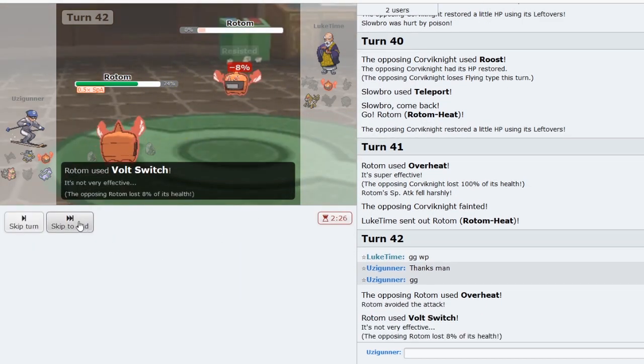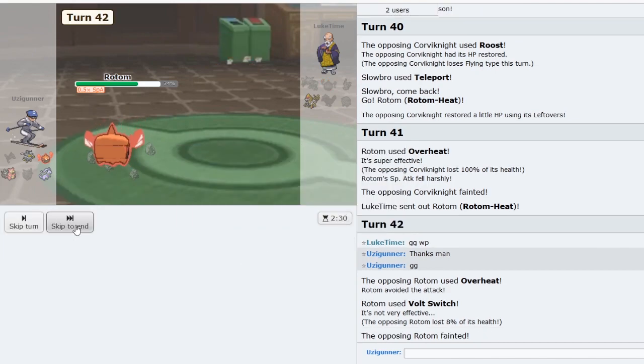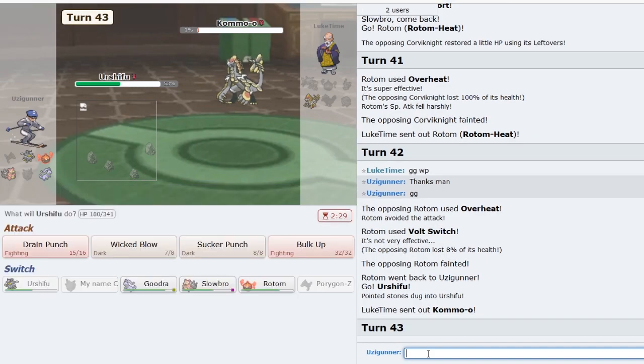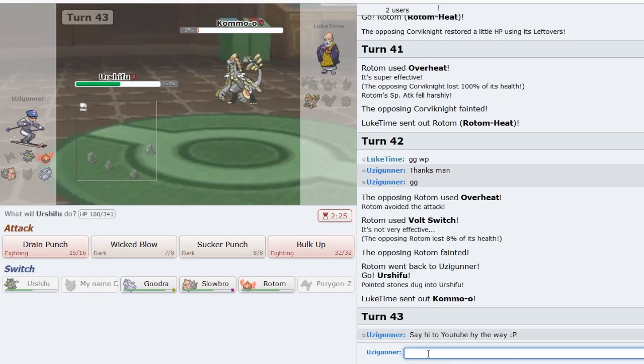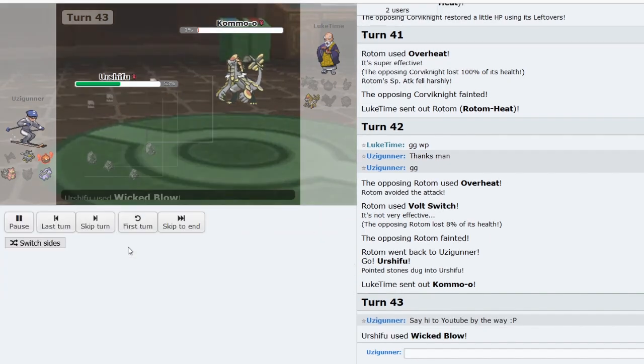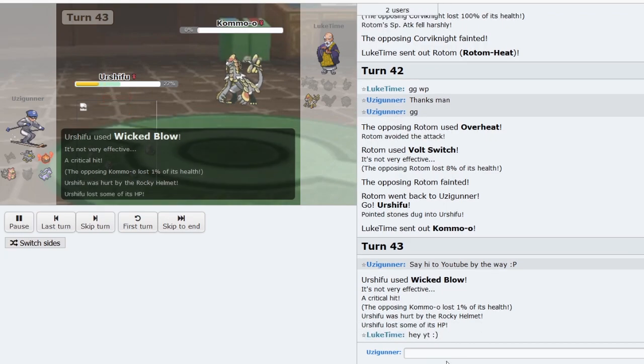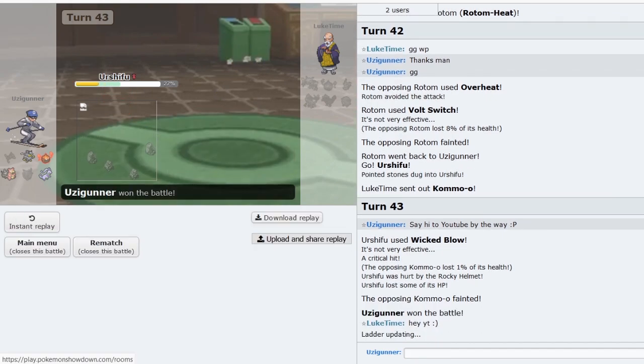But yeah, unfortunately he's gonna miss, as right now my last Pokemon is going to be my Urshifu. I'm gonna go for a Wicked Blow, and that pretty much is going to be GG. So yeah, GG to my opponent, and we're gonna go look for one final game, and we're gonna be right